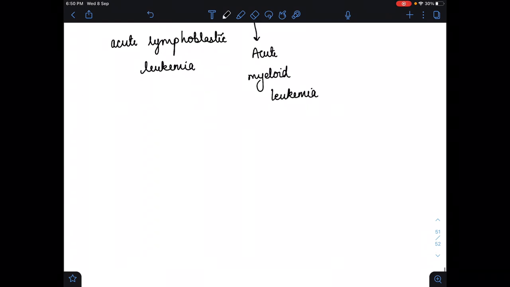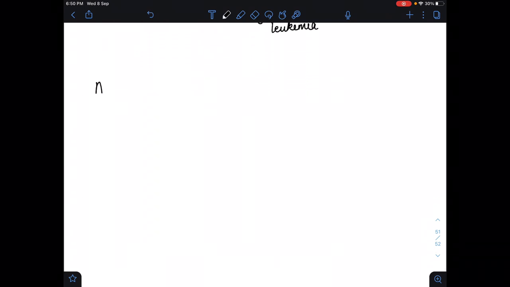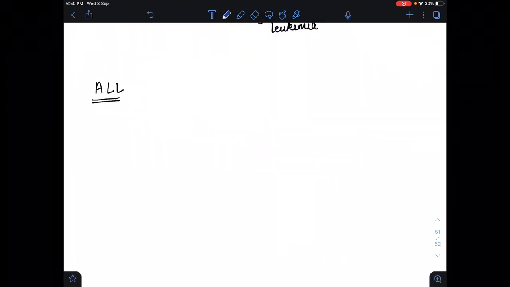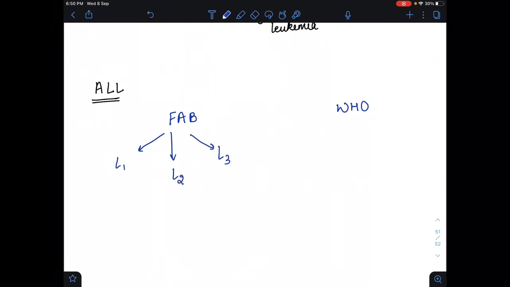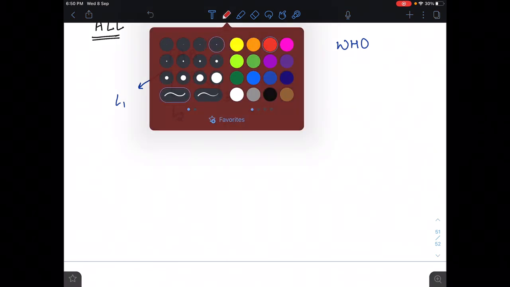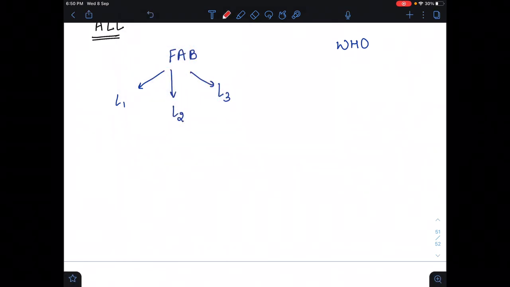First in this video I am going to tell you about acute lymphoblastic leukemia, that is ALL. ALL has two classifications, the FAB classification and the WHO classification. The FAB classification is divided into L1, L2 and L3. Please remember that L1 of the FAB classification is the most common and has a good prognosis,